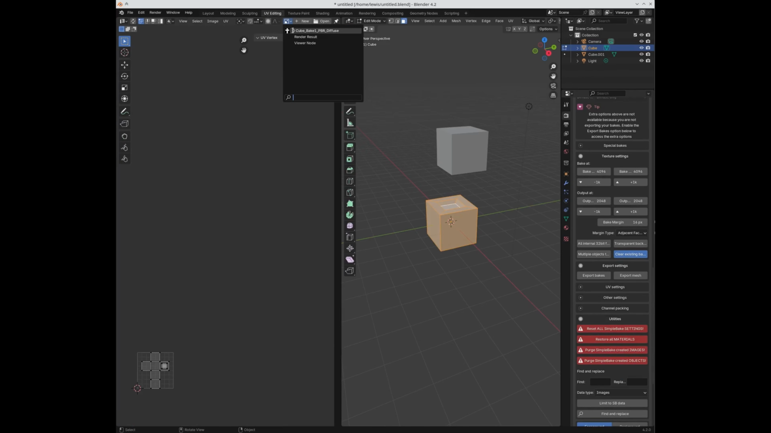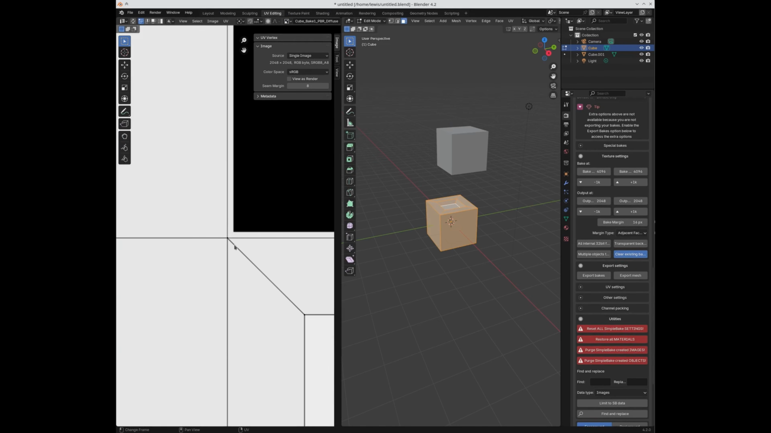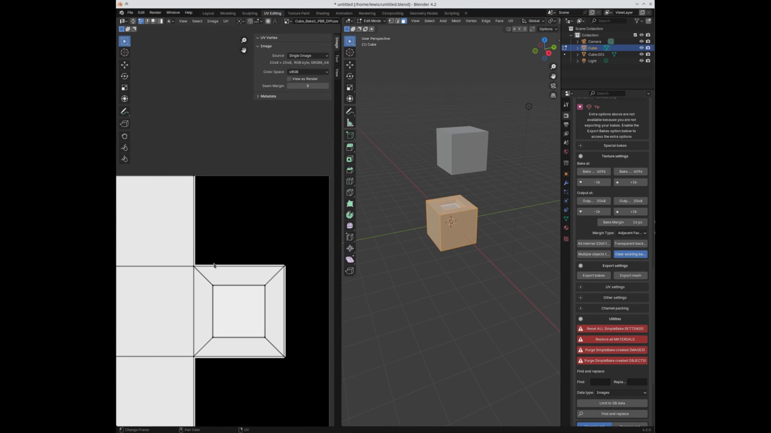And if I go over to check that out, you can see that the bake extends beyond the boundaries of my UVs. Now you don't want it to do that too much, because if I had other objects or other islands from this object, then eventually they'd bleed into each other and it would be a mess. So you don't want it to be too much, but you also don't want it to